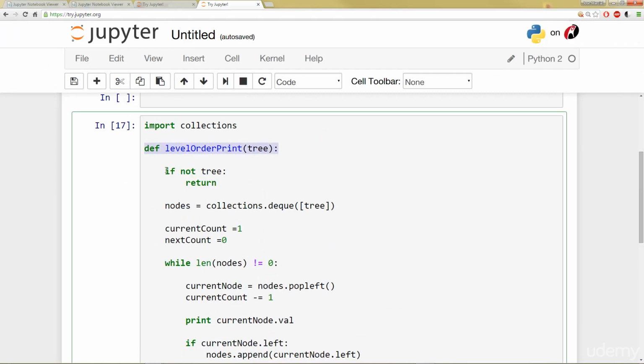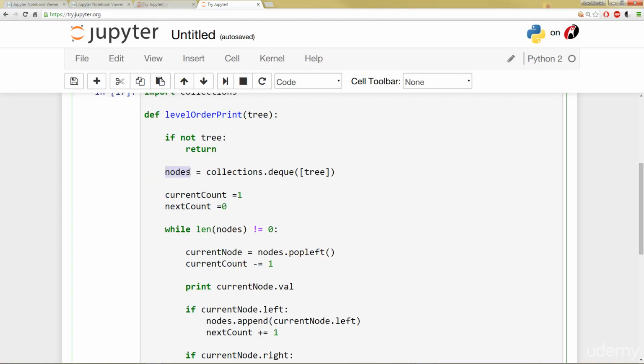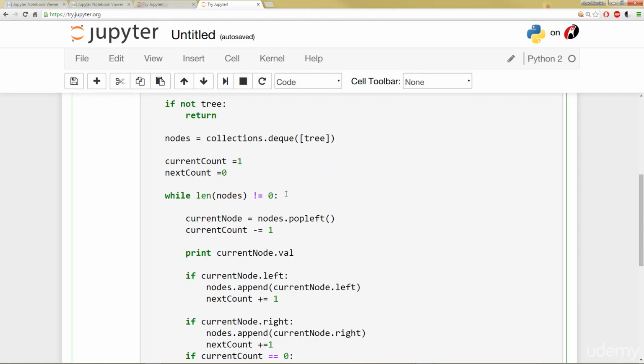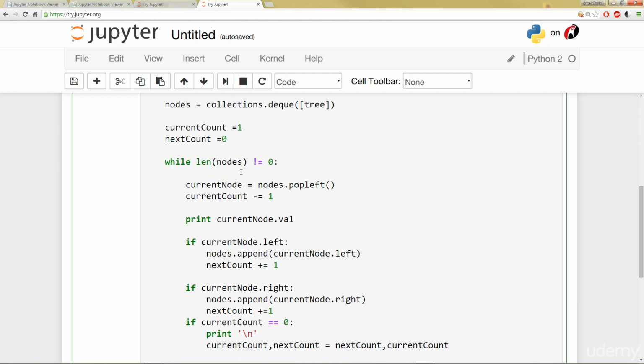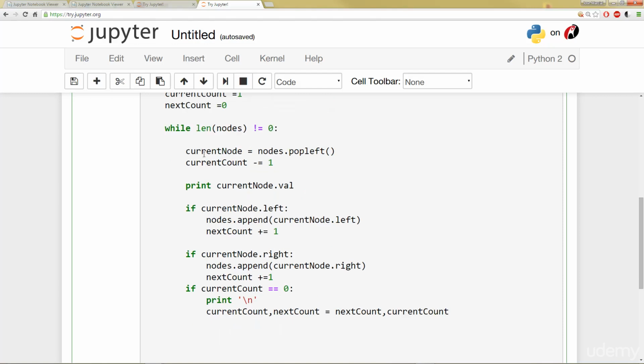I'm going to take in the tree, check if there's none there, otherwise I'm just going to return. Set up a variable called nodes. It's a deque of that given tree. And then I'm going to set my current count equal to 1 and my next count equal to 0. So while length of nodes is not equal to 0, meaning we still have stuff in that nodes deque,